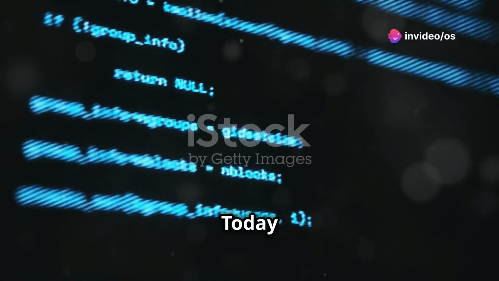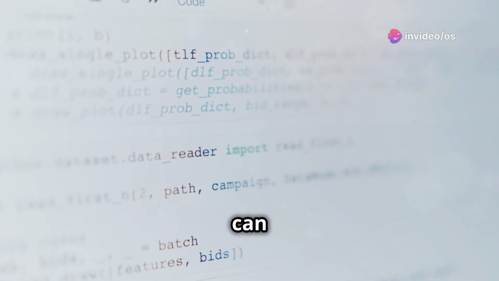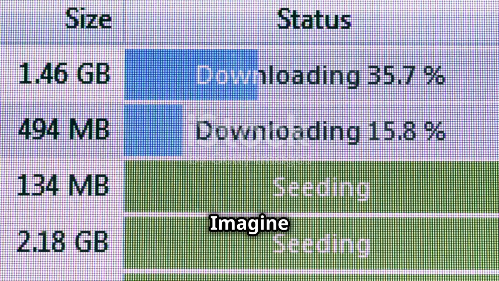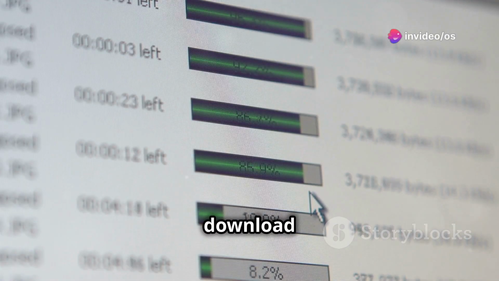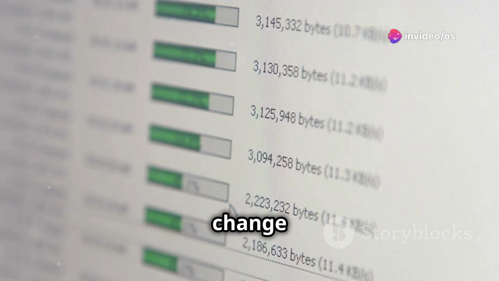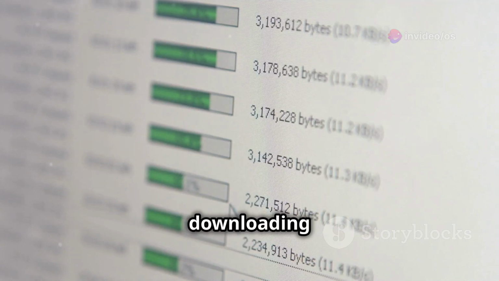Hey everyone, today we're diving deep into the world of threads, those little software wonders that can supercharge your programs. Imagine you're downloading a massive file while browsing the web. Without threads, your browser might freeze up until the download is complete. Threads change the game by letting your computer handle multiple tasks at once, like downloading in the background while you